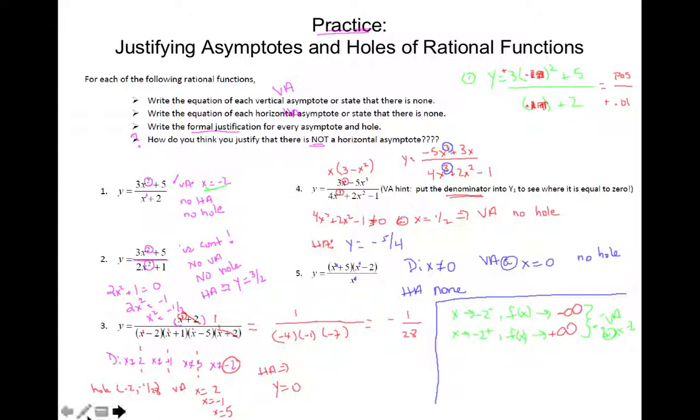All right. Now let me go and justify the horizontal asymptote for number 2. For a horizontal asymptote, it says x approaches both the right and the left end of the domain. Your function approaches the y coordinate of the vertical asymptote. So I'm not really proving anything. I just saw this